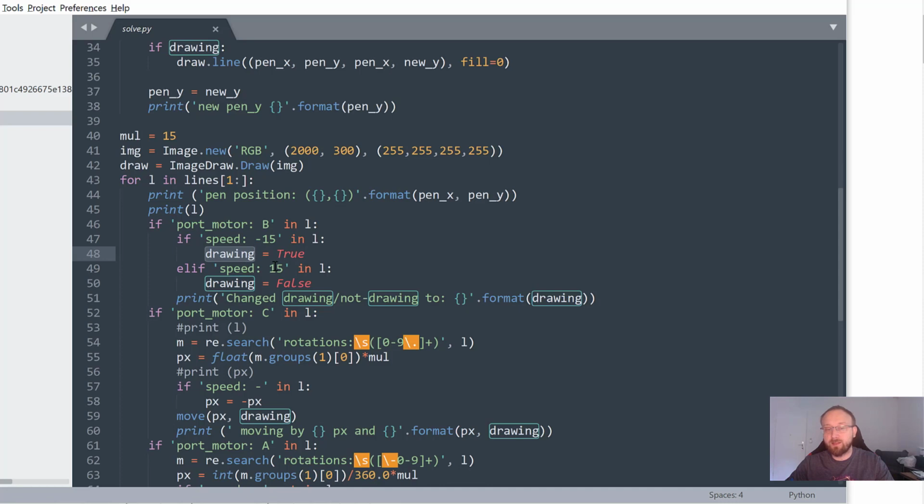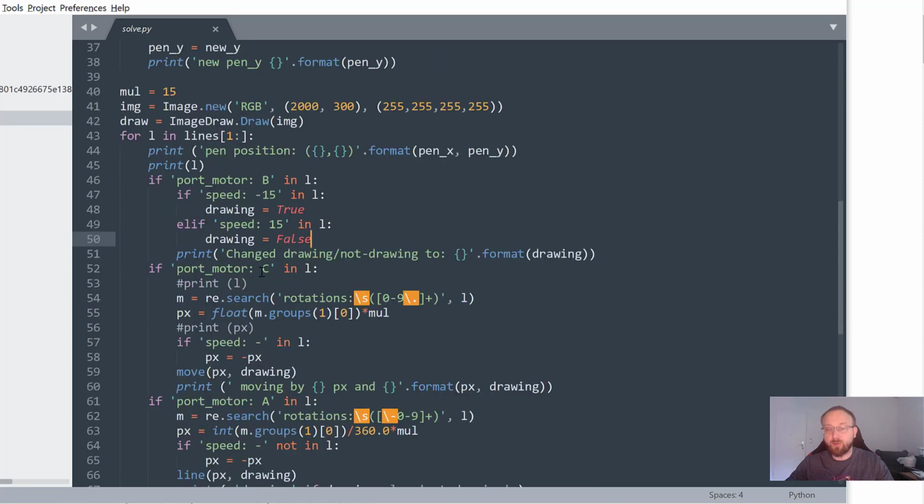And if it's speed 15, then we'll set the drawing to false, because we'll be moving the pen up. And then if it's port C that is in the line, then we'll extract the rotation parameter, which is done by this regular expression, and then we'll just save the value. We have some multipliers, so it's basically a bit